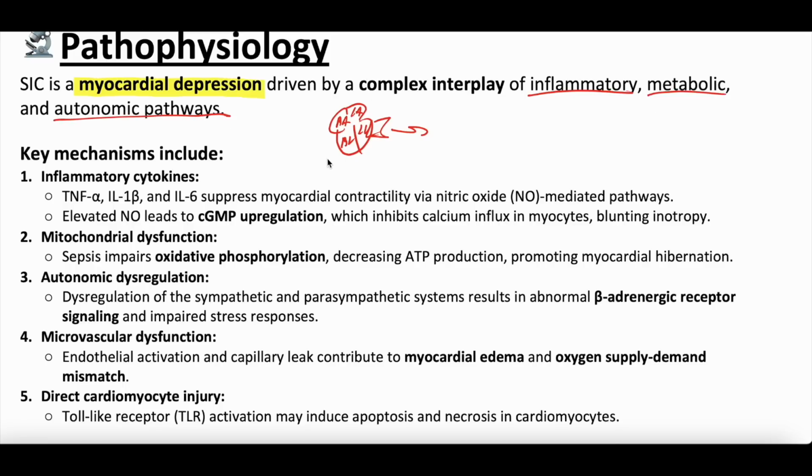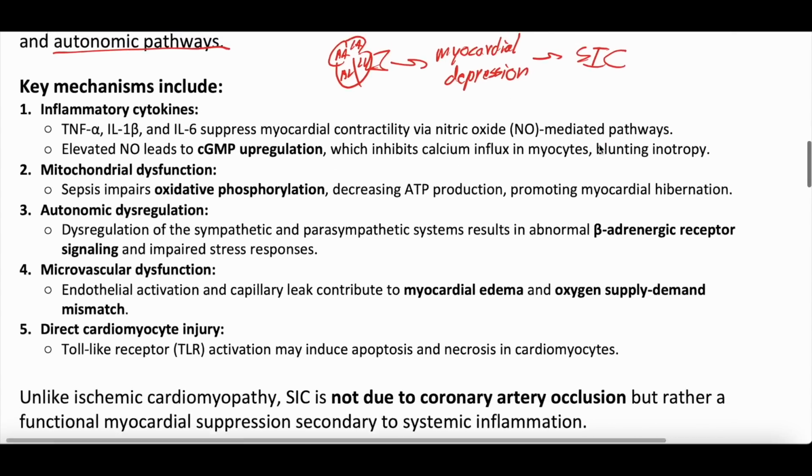The heart is innervated in many senses by our autonomic pathways, things like the vagus nerve and sympathetic stimulators and all that kind of stuff. So these types of things all affect myocardial cell health. This complex interplay is what can lead to depression of myocardial cells, again, the muscle cells of the heart, which is thought to lead to sepsis-induced cardiomyopathy. Now, we use a lot of big, generic statements, so we're going to dive a little bit deeper into some of the key mechanisms.